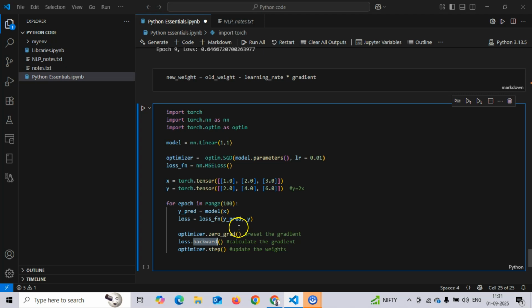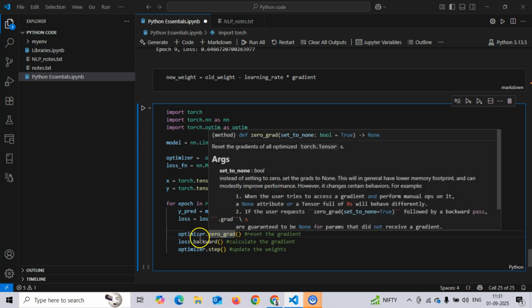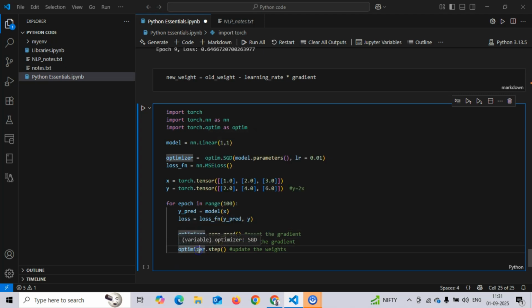We want 0. So we reset it to 0, calculate the gradient again, then optimize based on the new prediction. Why are we calculating it again? Because now we are calculating the gradient based on the new loss and new prediction. After every step, the loss value will change and the prediction value will change, right? Because that's our aim. We need to make sure the loss is minimized. So that's how it is done.